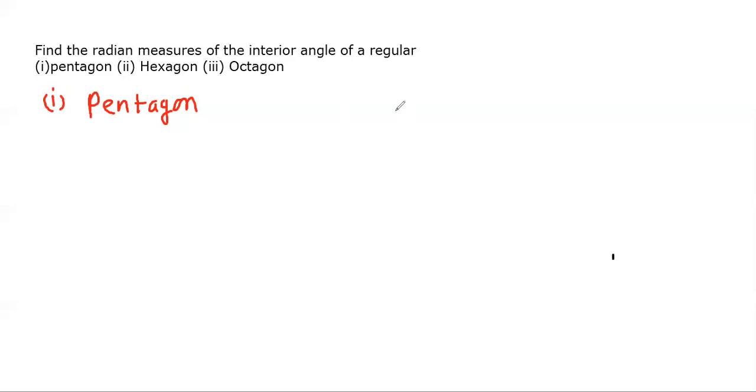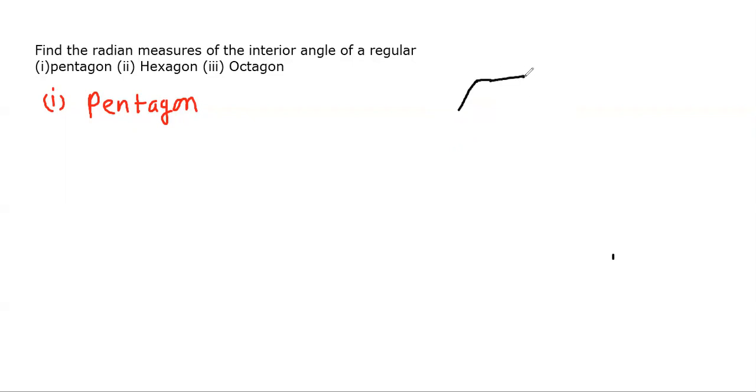So what is a pentagon? Beta, a pentagon is any figure having 5 sides, something like this. Now this has 1, 2, 3, 4, 5. This is not a perfect figure, but I can say it is a pentagon. A regular pentagon means all the sides are equal. Let me see if I have any option to draw a pentagon. No, I don't have any option to draw a pentagon.